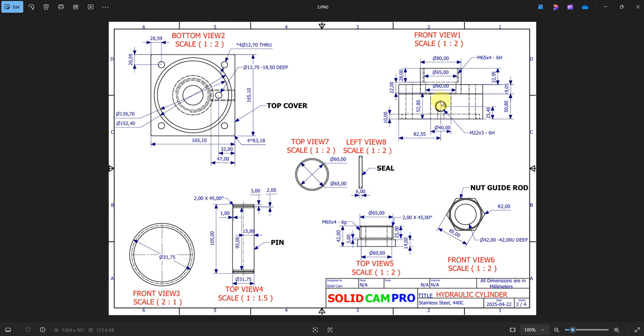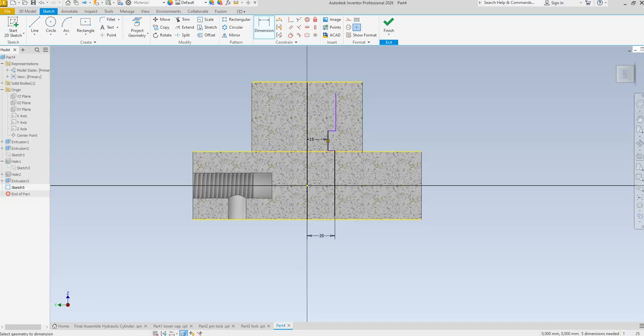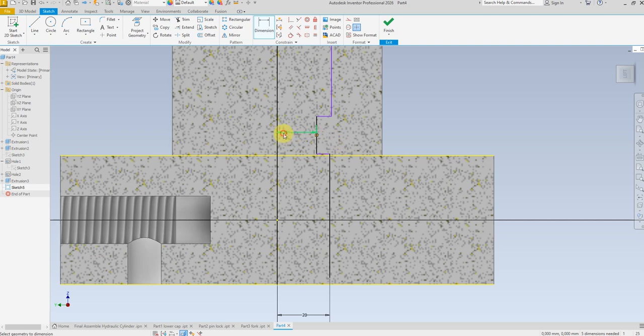We have 40, so it will be 20. 60 we will have 30, and 65 we will have 32.5. So let me change this up to 30,